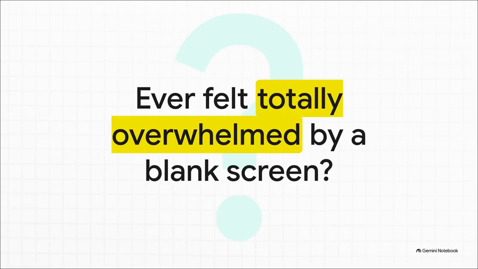Okay, be honest with me for a second. Have you ever sat down at your computer, your fingers just kind of hovering over the keyboard, staring at this blindingly blank screen? Your teacher just assigned a massive research paper, and suddenly, you just freeze. It's literally the worst feeling, right? Well, that blank screen panic usually happens for one of two reasons. Either your topic feels impossibly massive and you have no idea where to even start, or it feels so frustratingly tiny that you can't find a single thing to say. Well, today, we are going to fix that problem forever.